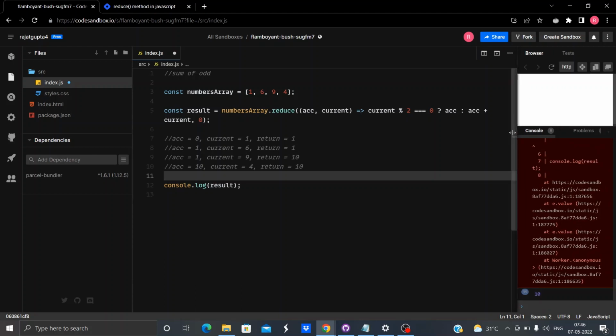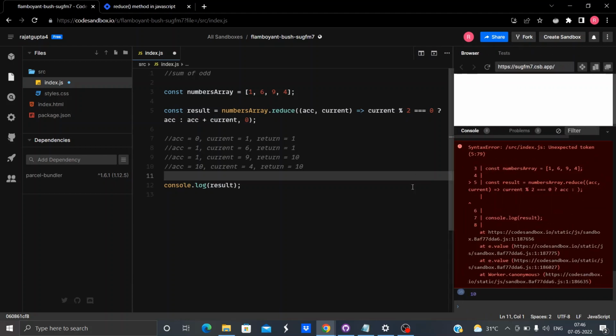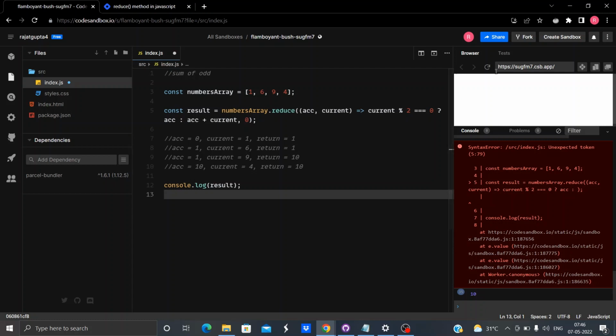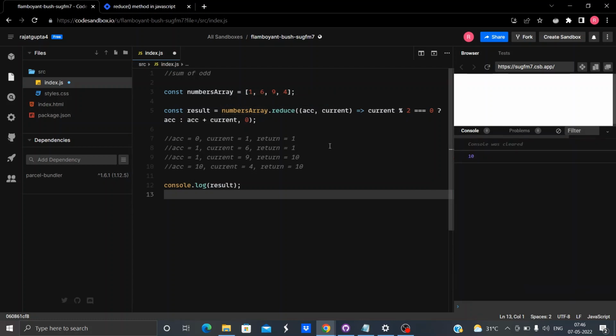So let me tell you why we used the initial value here. You see, we need to check current from the very first index, from the 0th index itself. Now if we have not used an initial value, the 0th index is equal to the accumulator.